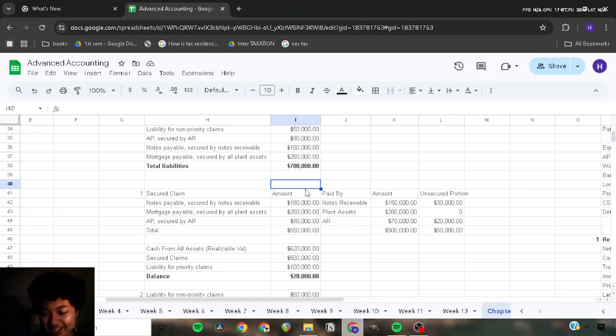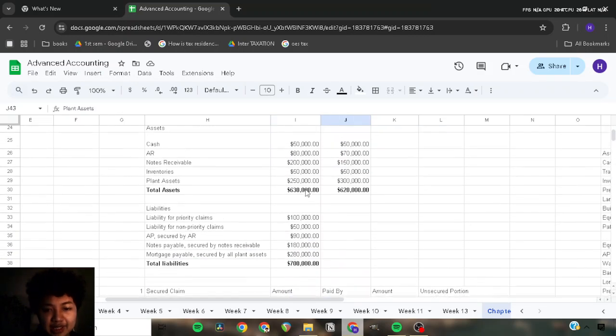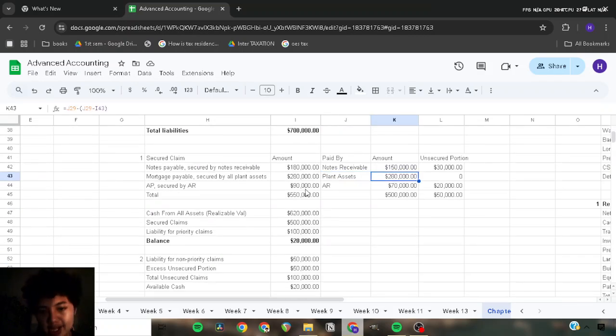Moving on. So basically, what I was about to say is that you have the total debt, and then you have the amount that is secured. Then there must be an amount that is unsecured. So I calculated that here, and this is what I got. What I want to note here is on the mortgage: because the plan asset has more value than the mortgage itself, I just listed the amount secured as the same amount, not 300. And so we can get the unsecured portion of 0, just to make it easier. That's why there are more calculations here.